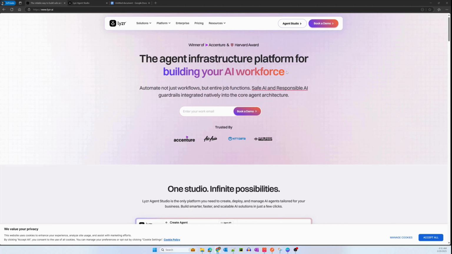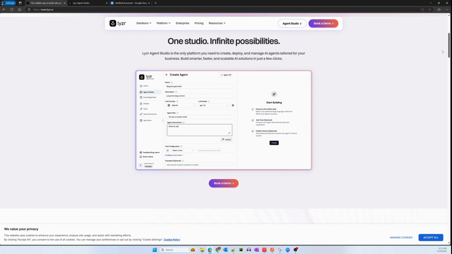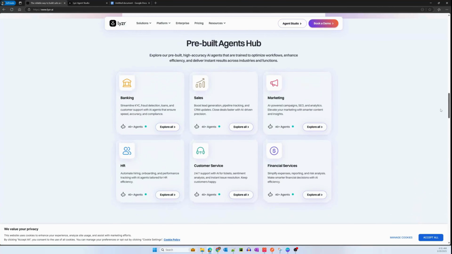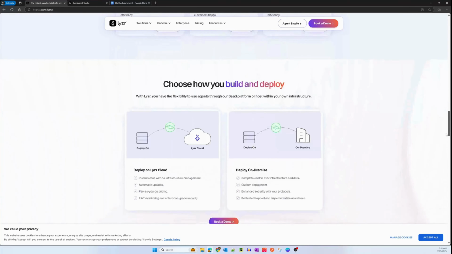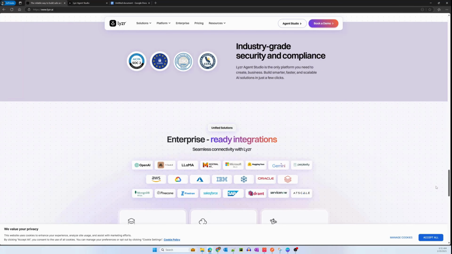Lyzr is a pioneering low-code enterprise agent platform that empowers businesses and developers to create and deploy AI agents at scale. Some key features of Lyzr are that obviously it's a low-code or no-code interface. You can build customizable agents, in fact, use those agents as APIs to create highly tailored agents that fit your unique workflows. There are tons and tons of pre-built agents available, some of them that you're seeing on the screen right now. And Lyzr also has seamless integration with top enterprise tools like GitLab, Notion, and some of the examples that you're